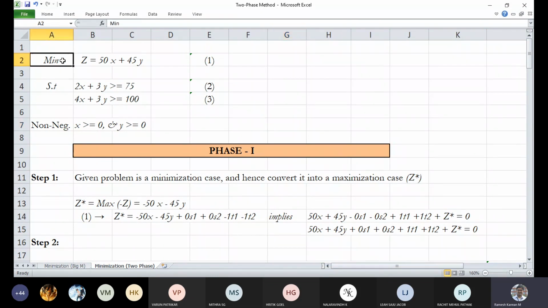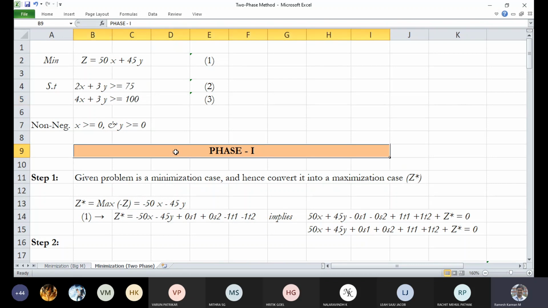So we have got the same problem: minimize z equals 50x plus 45y, subject to the constraints 2x plus 3y greater than or equal to 75 and 4x plus 3y greater than or equal to 100, right? Now what we have to do is first create phase 1. So in phase 1,